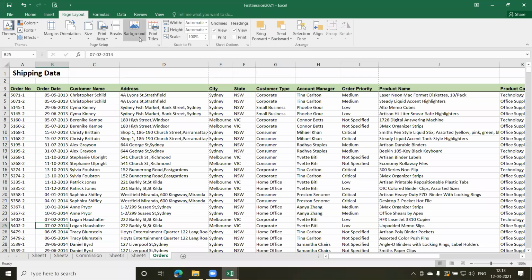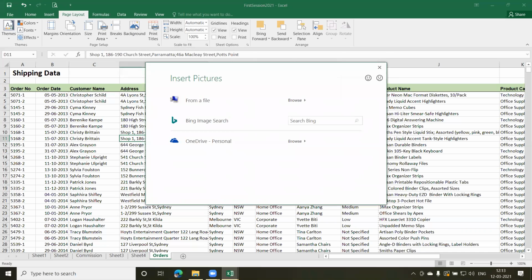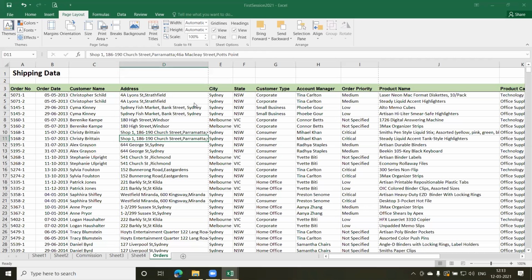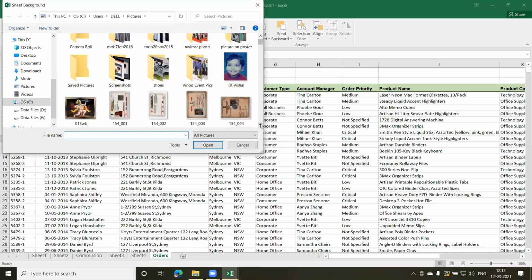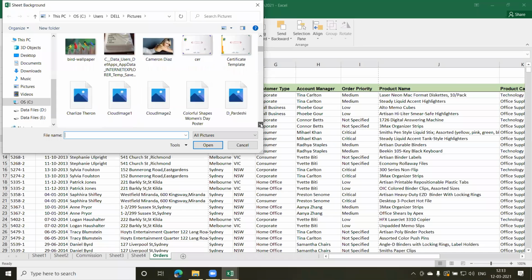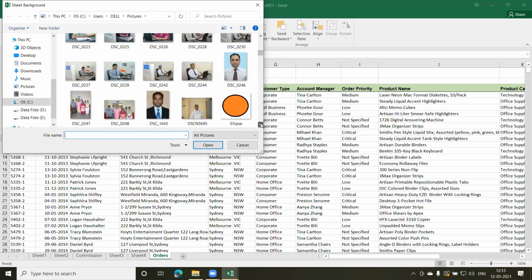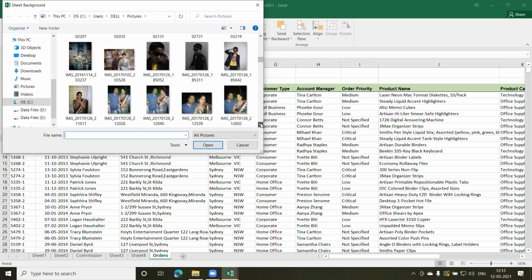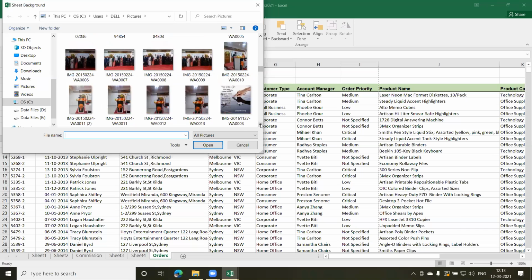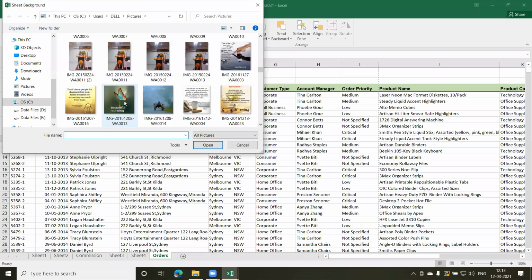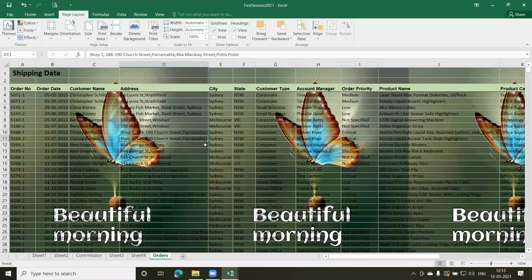Now background is nothing. I don't think you'll require the backgrounds and so on. You are not going to work that much with background, but just to show you, if you click on this, you can get some picture as a background. Let us say from file, I have some images here. So let me put some random image. Now these are very personal images out here. Let me put this one. I click on insert and you can put an image like this.